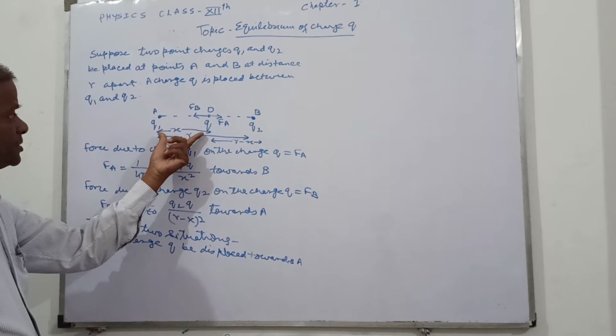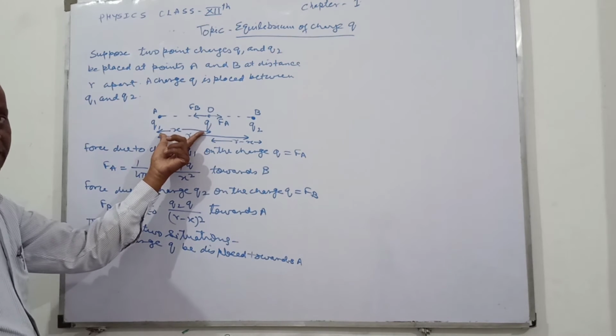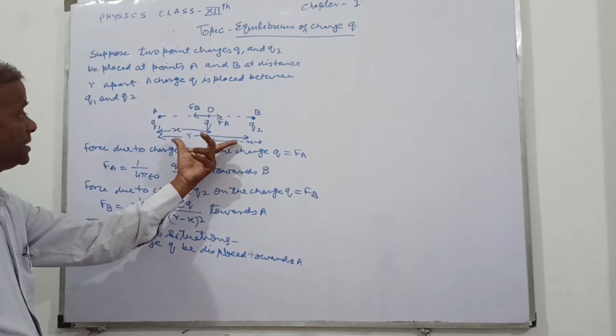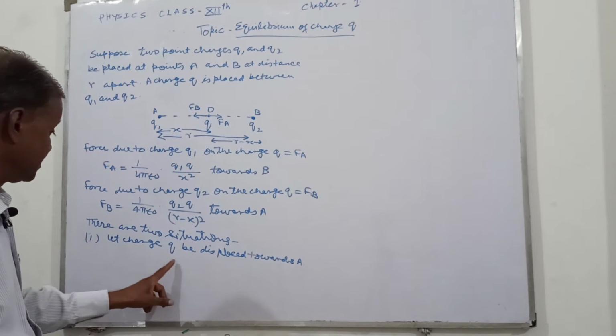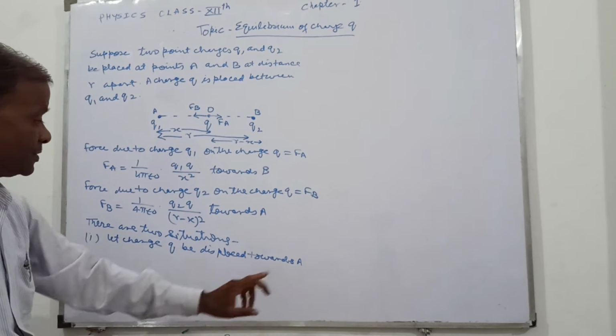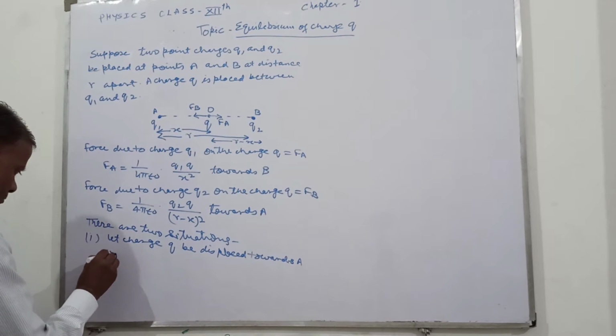This means that this distance x will decrease, and the other distance will increase. So when charge Q is displaced towards A, then